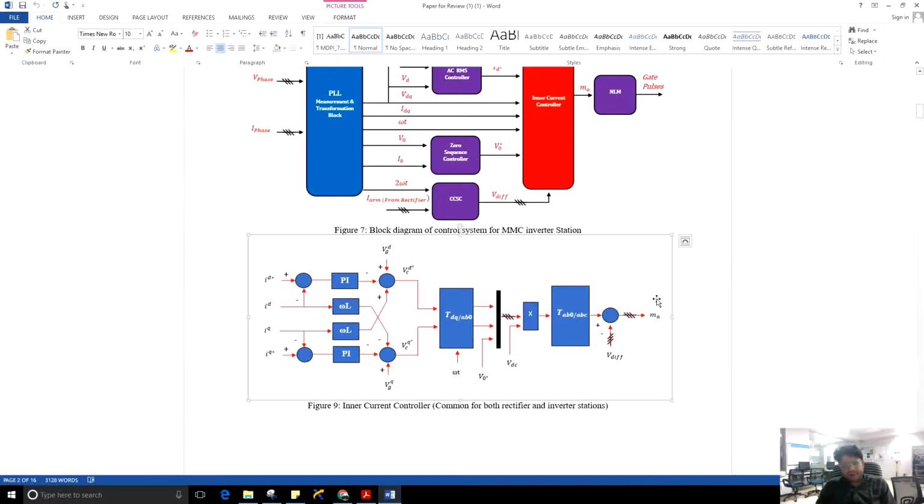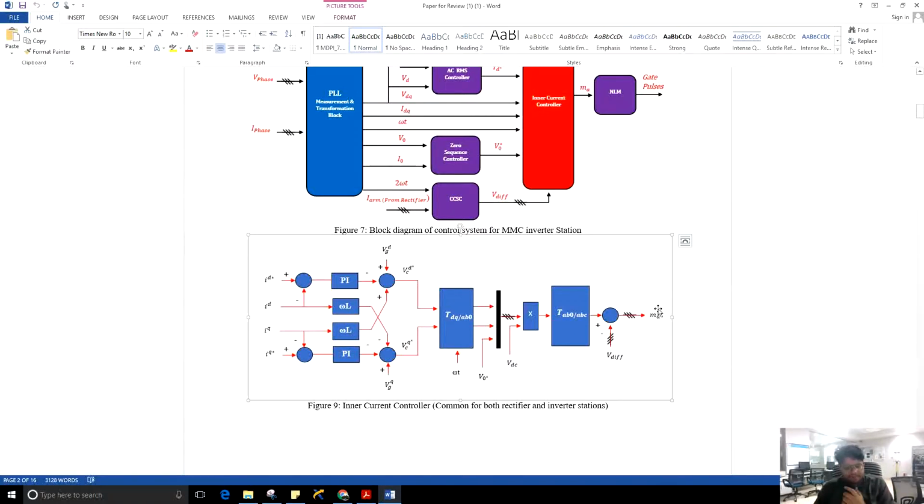Now basically from two reference signals we arrive at the output, and these two reference signals are basically modulating signals, which then operate and perform the switching of the IGBTs or MOSFETs that are used